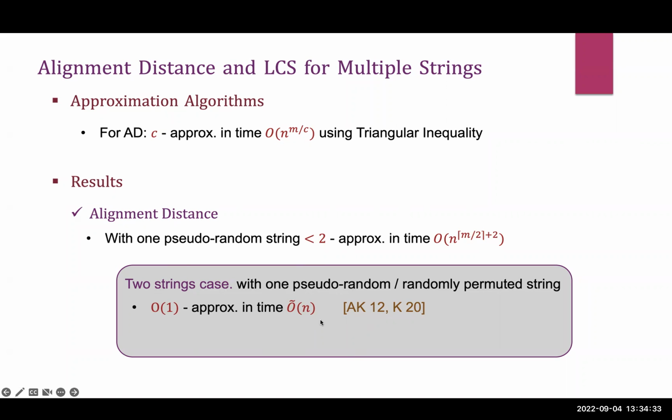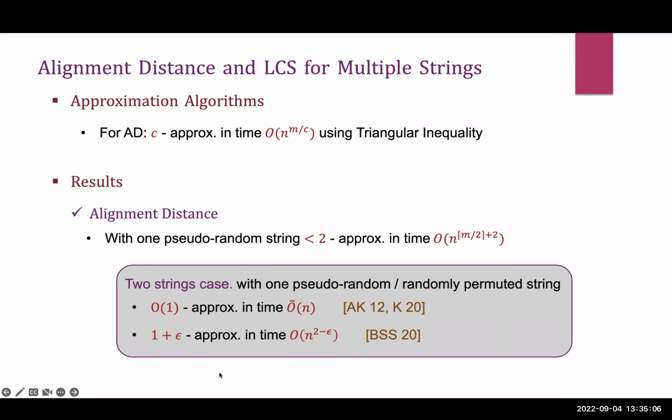almost linear time. Very recently, there is a new work where the authors consider a similar model, with one adversarial string, and for the other input string, they took a random permutation of that string. And given these two strings, they provide a 1 plus epsilon approximation of both edit distance and longest common subsequence in subquadratic time. Now, the question is, what are the interesting properties of the pseudorandom string that are exploited by all